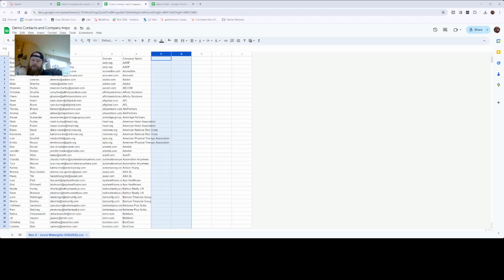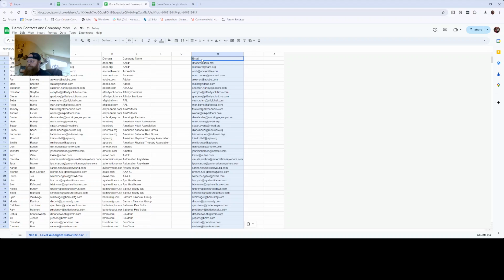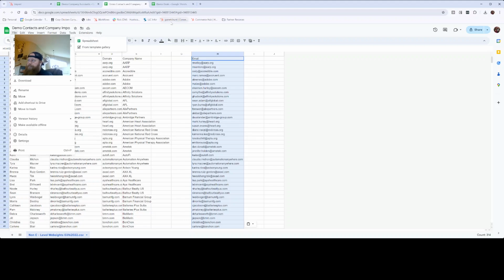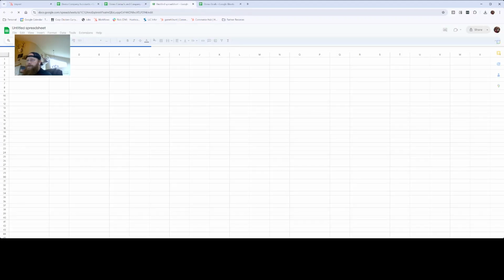I'm going to start by showing you how to prep your files to do this in the most succinct way possible. So I start with the contact file, just because the contact file is typically going to contain an email and a company name. In order to get the domain, which you're going to need later when we do the company import, you just take the email addresses and throw them into another column, just like this. Or you can create another sheet and throw them in there,